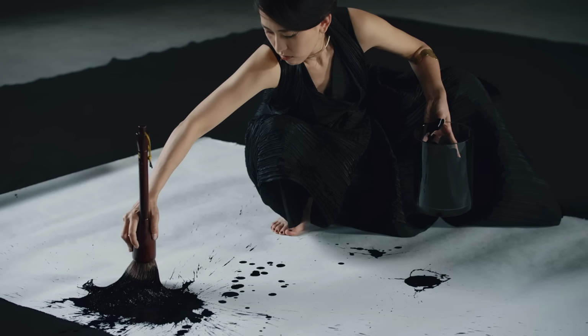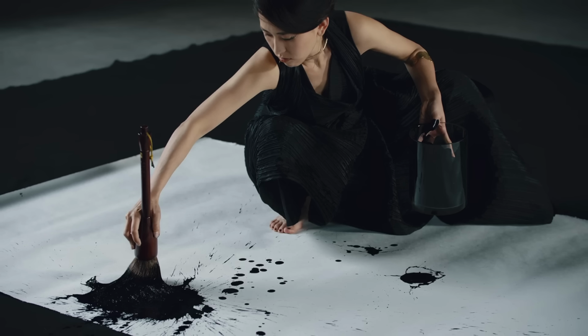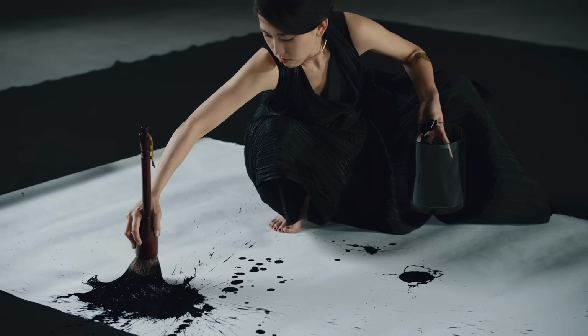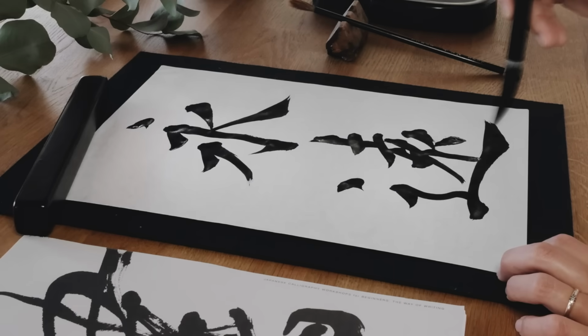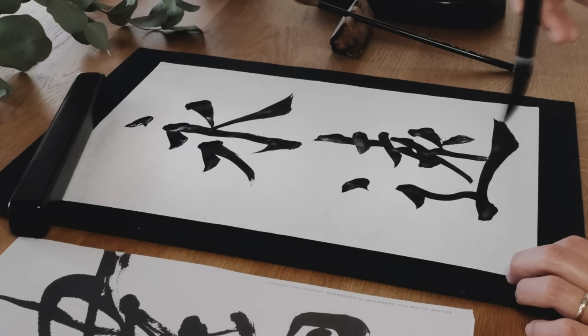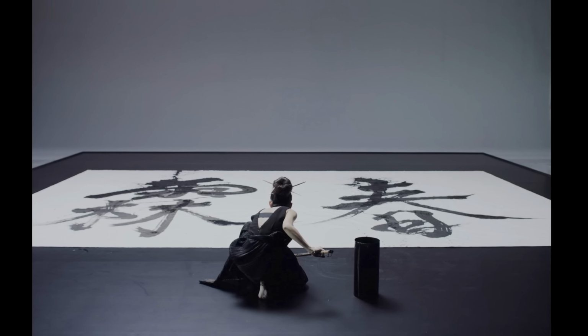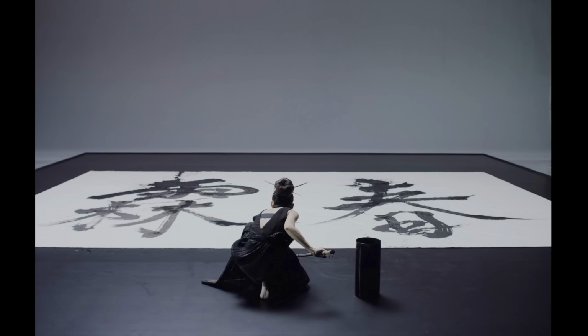In the Japanese art of calligraphy, Ma is reflected in the rhythm of the brushstrokes and the spaces between them. The pauses, as the brush glides across the paper, and the open spaces surrounding the characters are just as meaningful as the strokes themselves. These spaces create balance and harmony, giving each character room to breathe and resonate fully. Through this balance of action and stillness, Ma gives calligraphy its unique rhythm and depth.